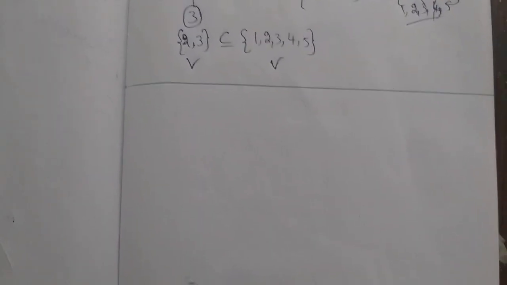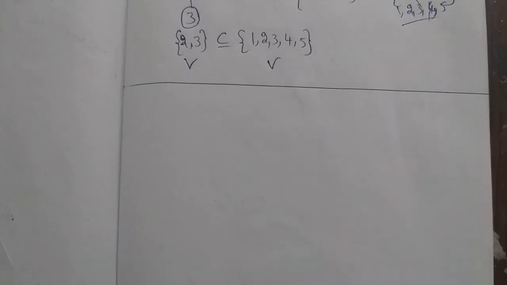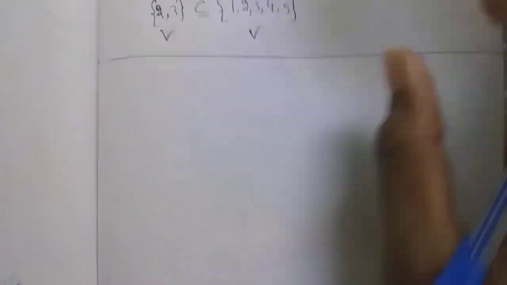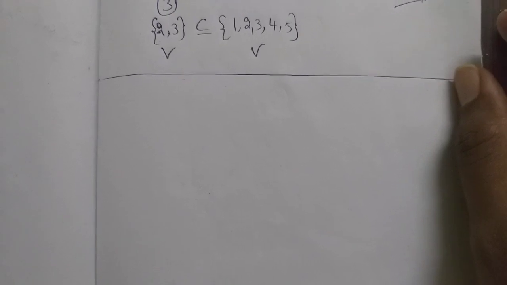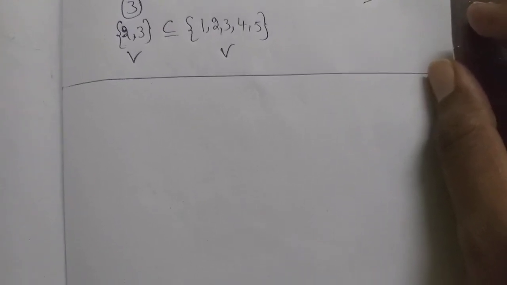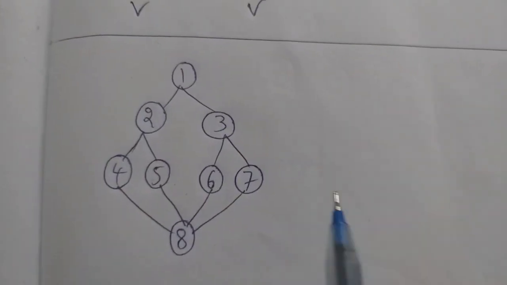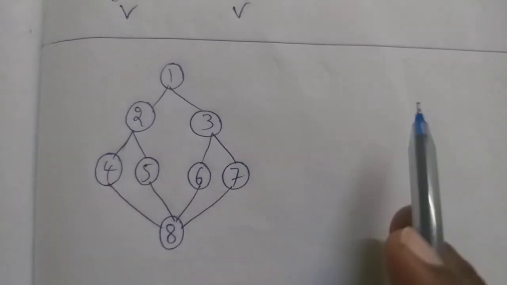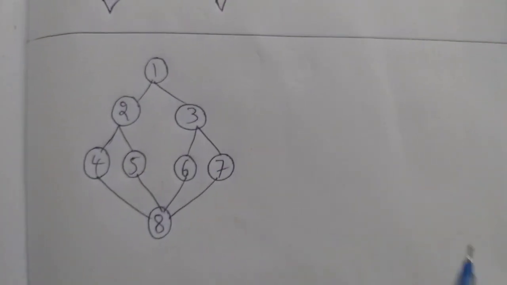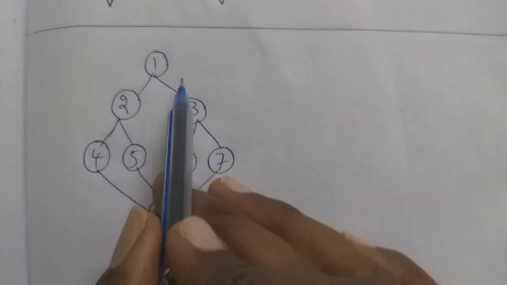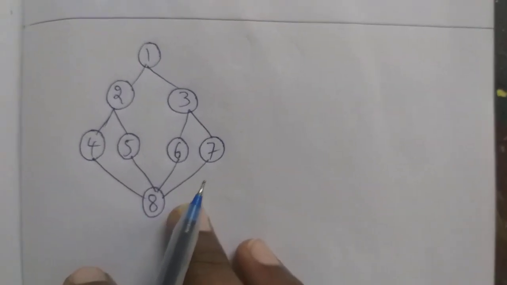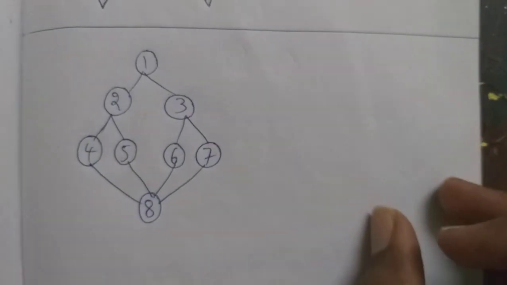Before going to today's concept, you need to understand one thing. The traversal path of the depth first traversal or breadth first traversal of a graph results in a spanning tree. What does it mean? Let me take a small example and show you. If you perform a breadth first traversal or a depth first traversal of any graph, it results in a spanning tree. For example, we'll try to find the depth first traversal of this graph. It gives us the spanning tree.